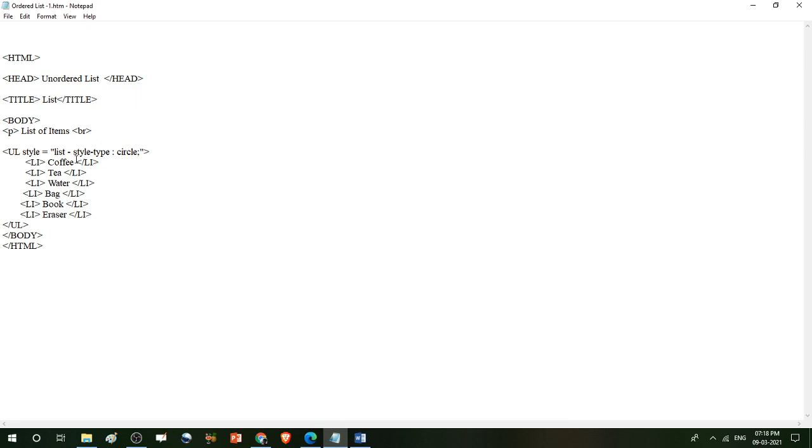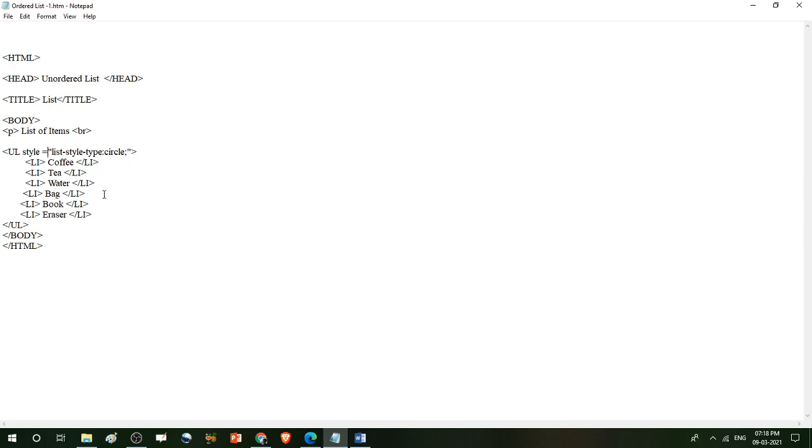There is a problem here. Just remove the space. If you make any mistake, then this program will not run properly. So here use style equals to inverted comma list-style-type, and then inverted comma disk or circle, inverted comma close.